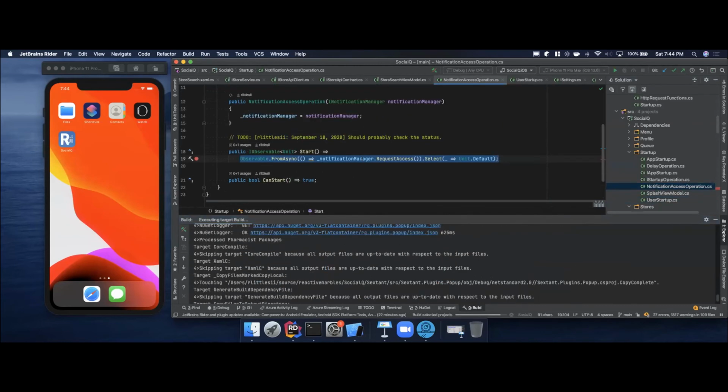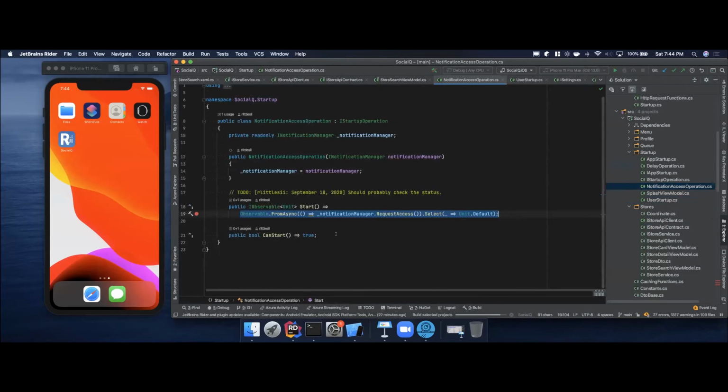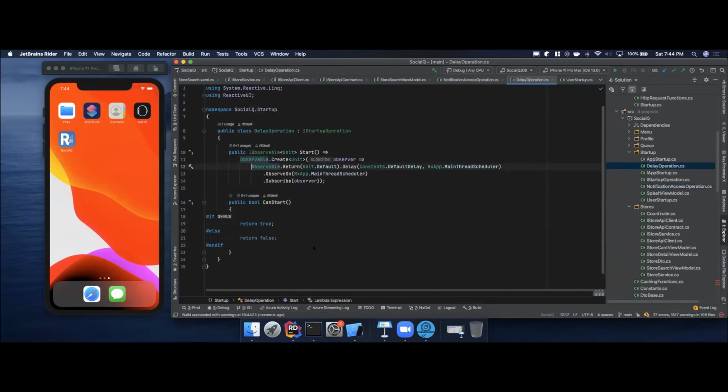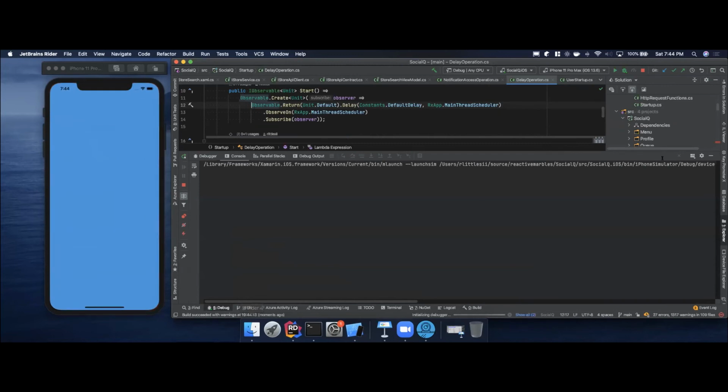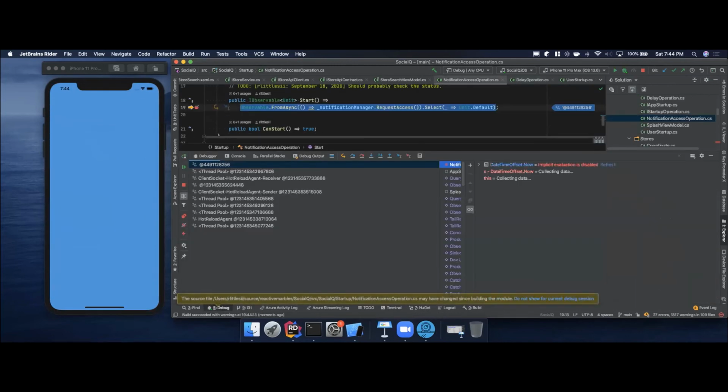So these things basically are just kind of like a poor man's chain of responsibility. We're just going to give them a thing to say whether or not they can start. Why that's important is because on my splash view model, again, we're working in a disconnected state. I might want to, while I'm in debug or while I am using mock data,